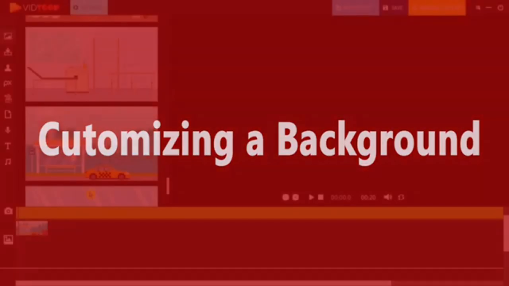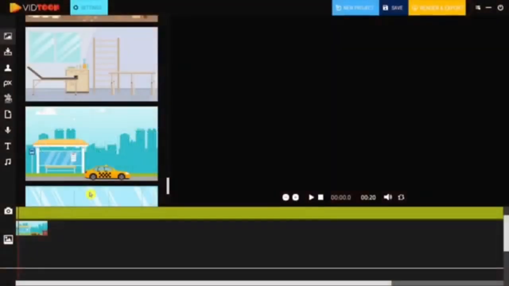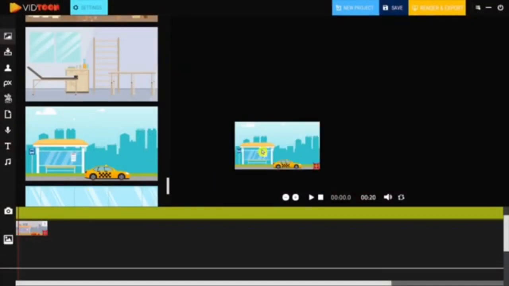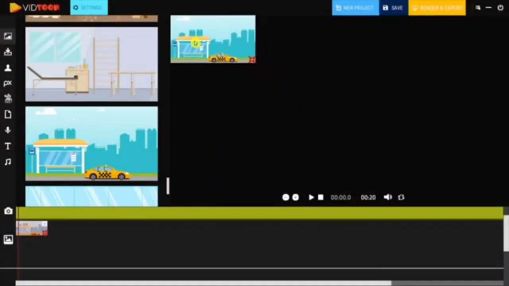Customizing a background. Now let's customize the background, which is something that's very easy to do. You can click and hold the image inside the big black screen and move it wherever you want. For now, move it to the top left corner of the screen, then click and hold the red arrows you